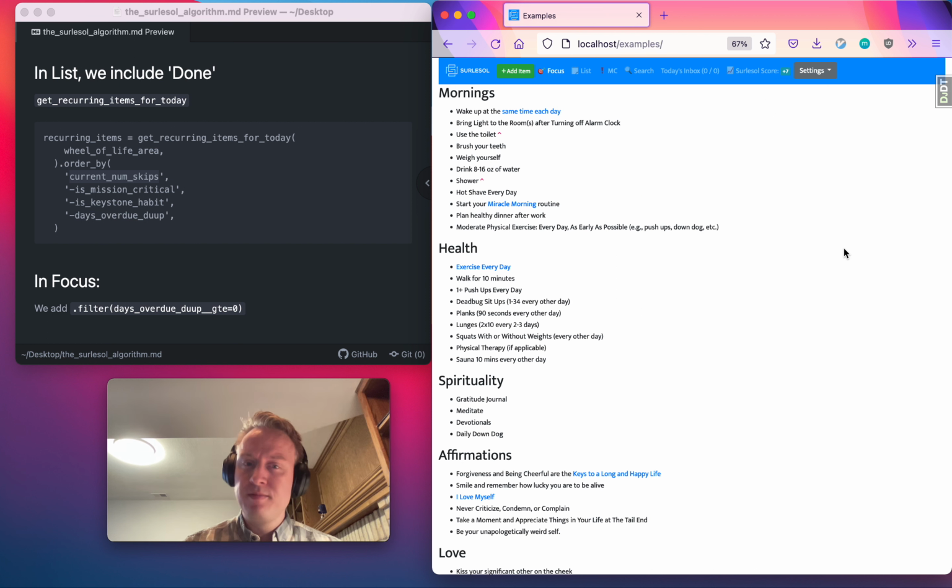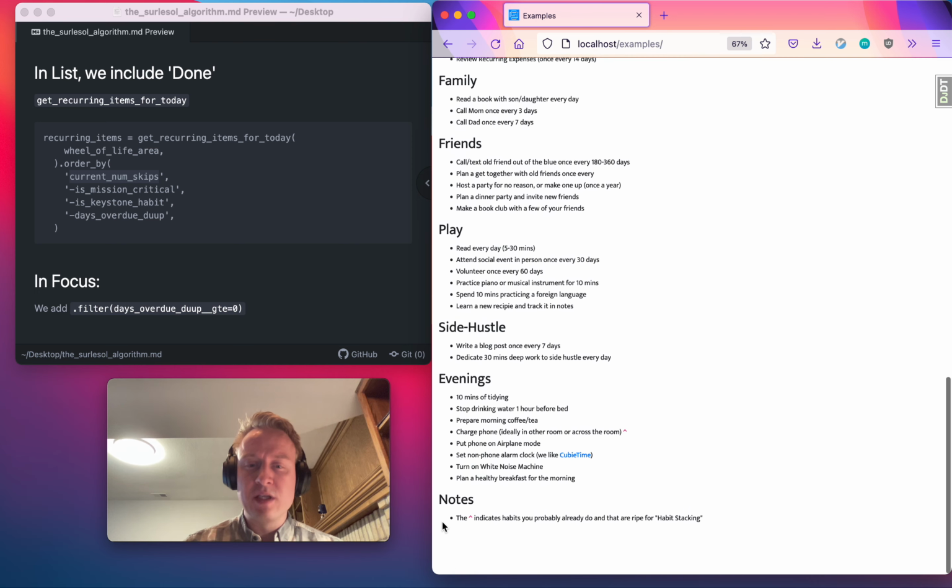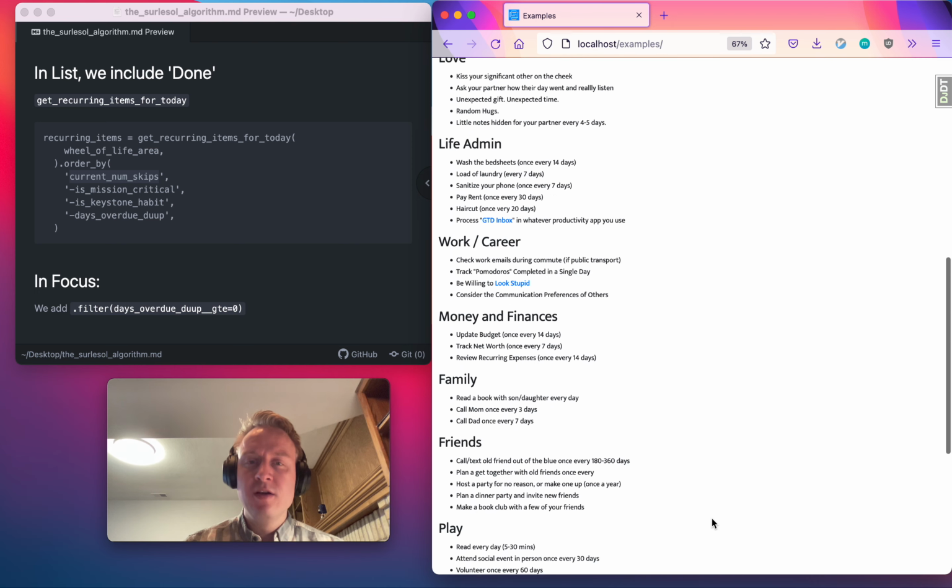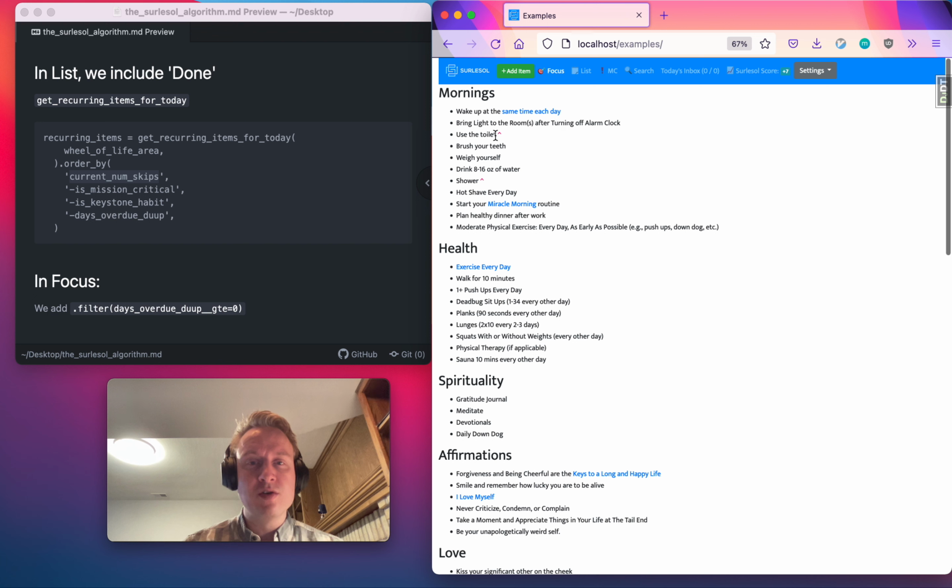If we want to, we can check out some more examples for things that we can perhaps add to our Surlesol. Quite a few of these we've discussed already. And these ones are very obvious. I don't necessarily want you to add to your Surlesol to use the toilet. But in the morning, a lot of us, I think, go to the restroom once we've woken up. This is a really prime opportunity for what James Clear refers to as habit stacking. So you might add to your Surlesol, use the toilet and brush my teeth, or use the toilet and weigh